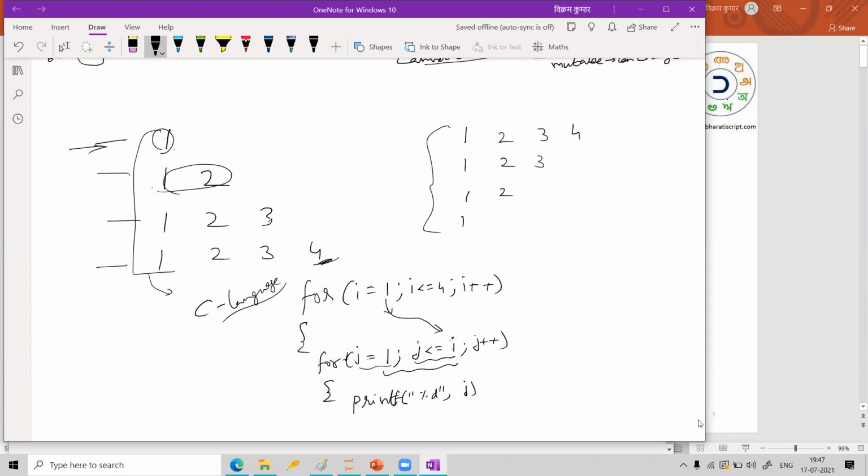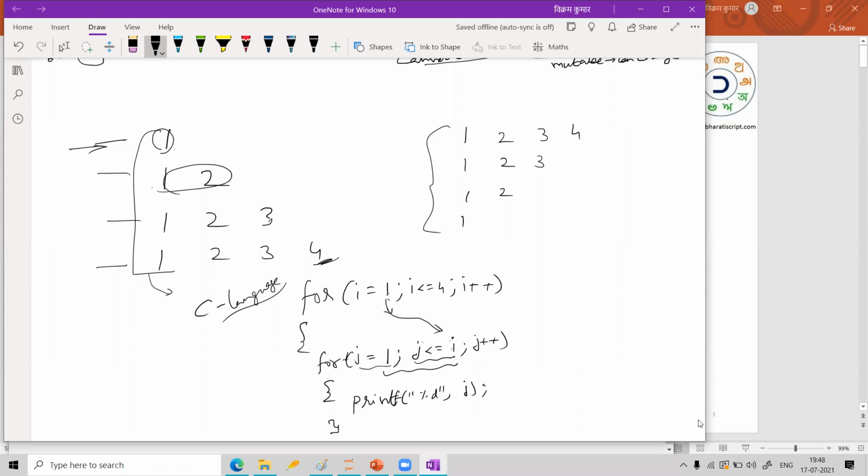Next time when i is equal to 2, this will become j less than or equal to 2. So one time j is 1, next time j is 2. So when I am printing j, it will print 1 and then 2. You should know what you are printing. It is not like doing something blindly.